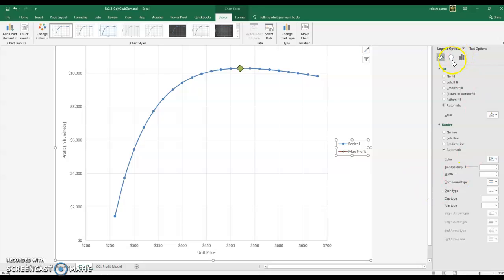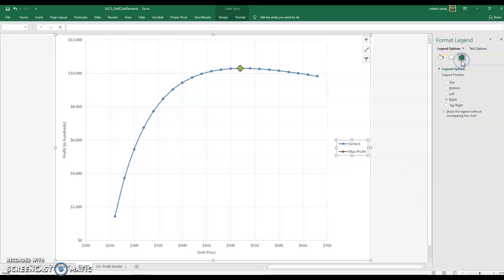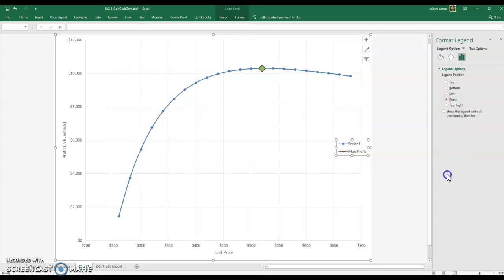So legend options, let's go here, top, bottom, show legend. Okay, I want to click off the show legend without chart, so we'll move it to here. Okay, and so a couple things quick to make it look a little bit better. One,